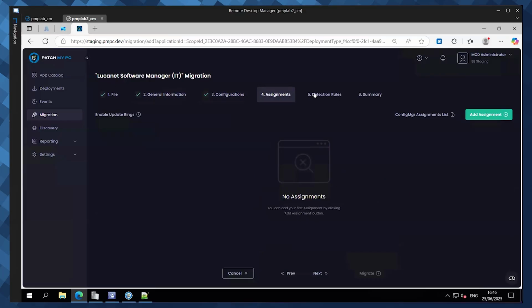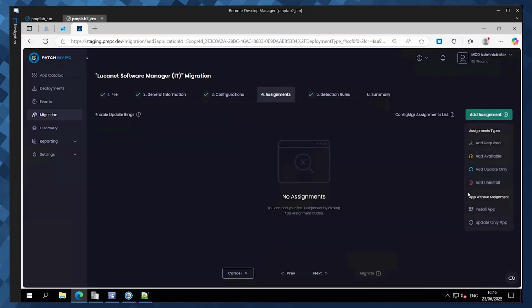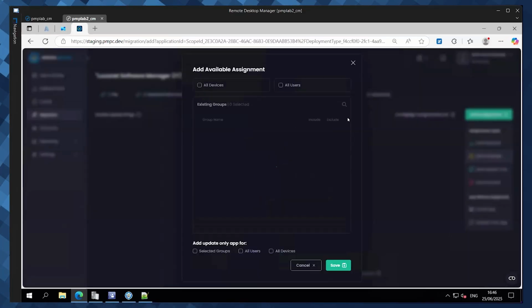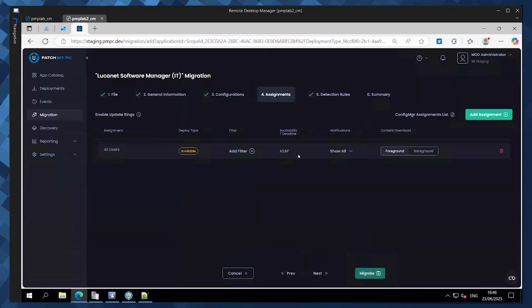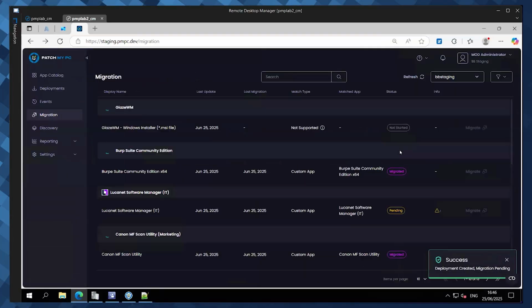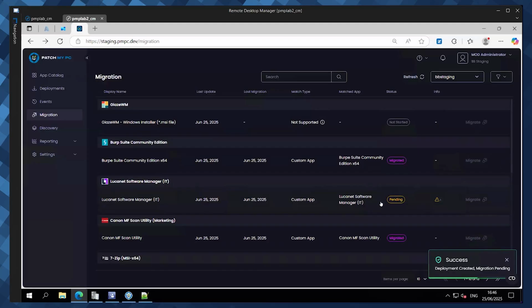So I'm just going to run through this really quickly. I'm not going to change anything. I'm just going to say, let's make this one available for all users because that's what we like to do. Put everything in the company portal. And so that one's migrating fine. Burp Suite has migrated as well. So if we just